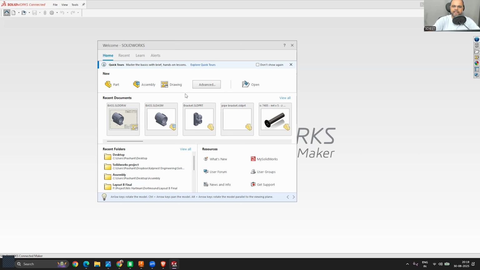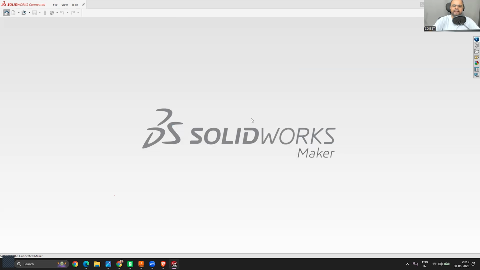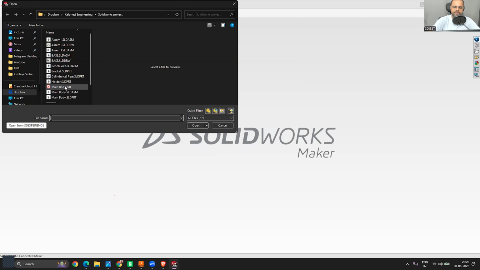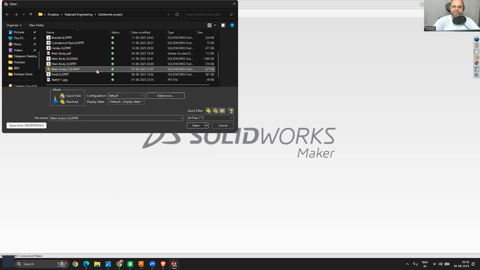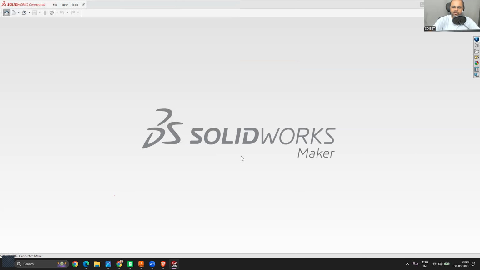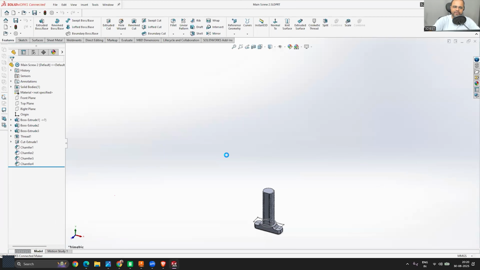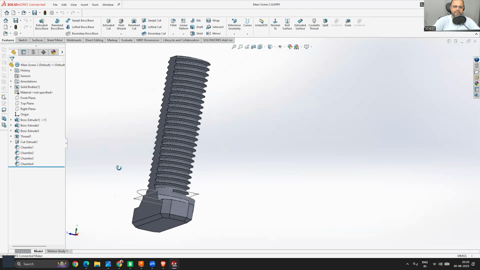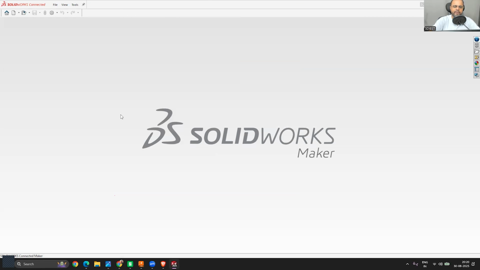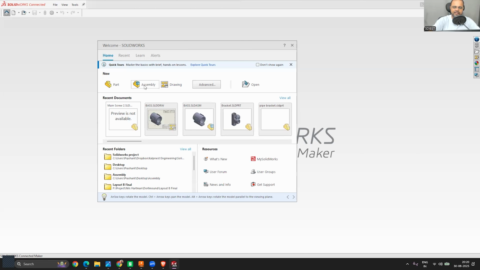But if you want to open an existing one, simply click on the tab that says open. If you click on this open tab, it will directly take you to your PC, from where you can find any file that you want to open. Let's say I want to open this one. I will select it and click on open, and it will open in SolidWorks. Here you can see it just opened that file. That way you can also open an existing part file. But we also have the options to start new part files, assembly files, and drawing files.